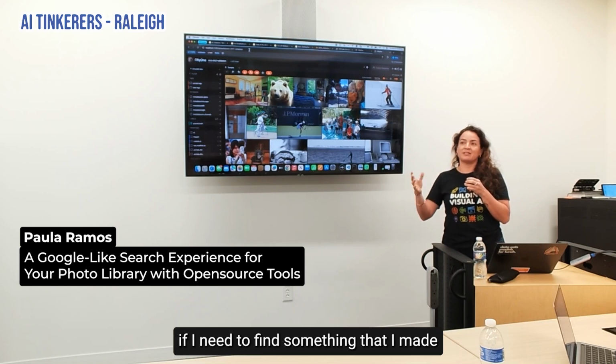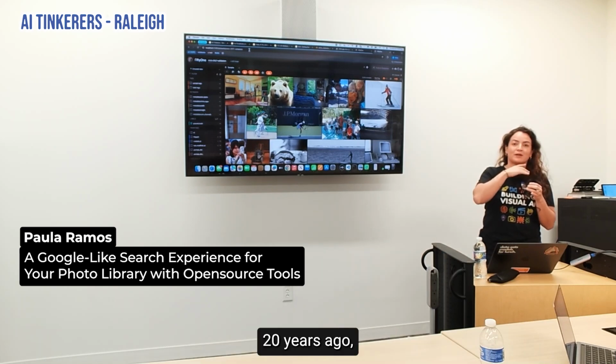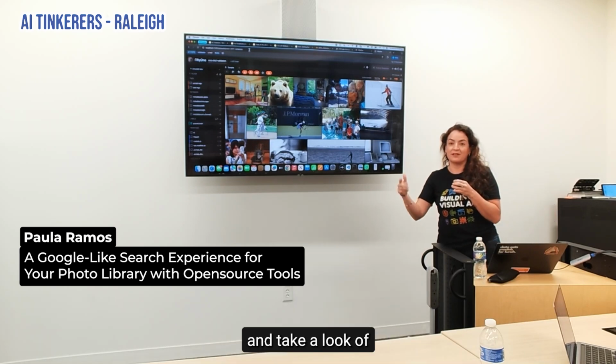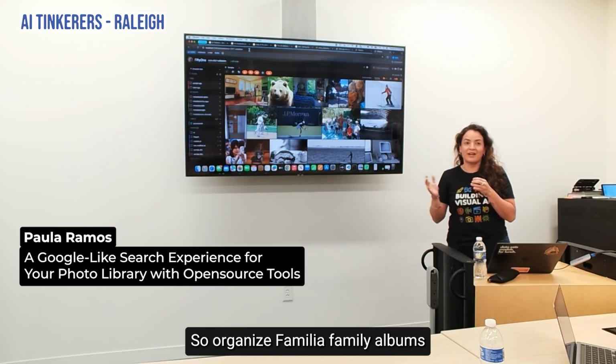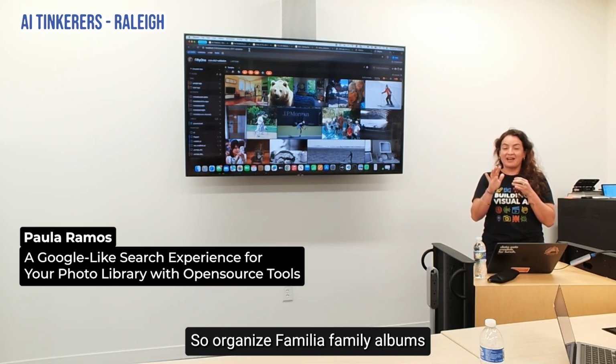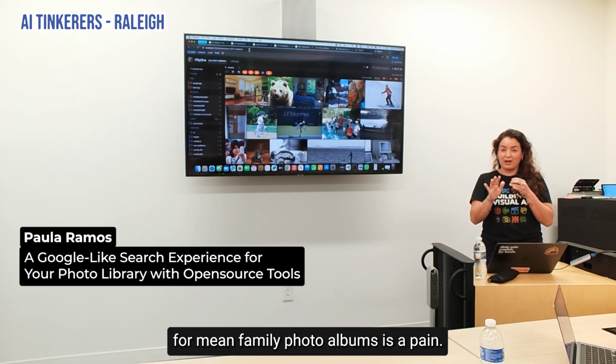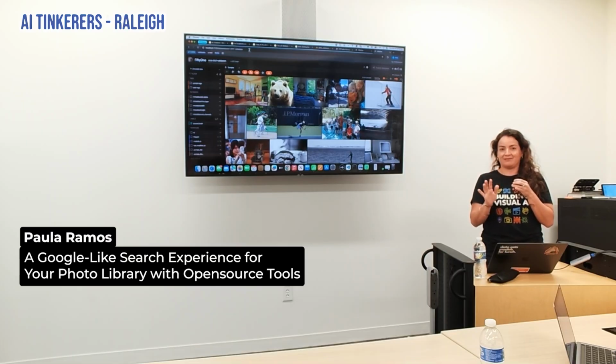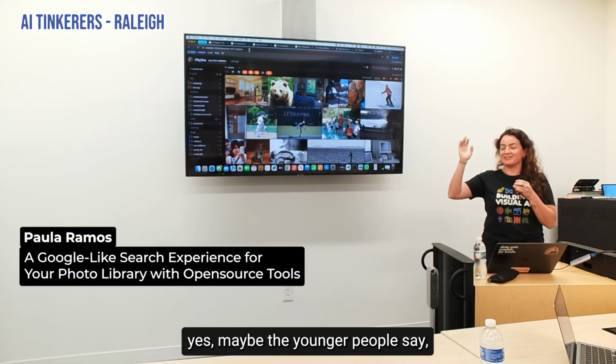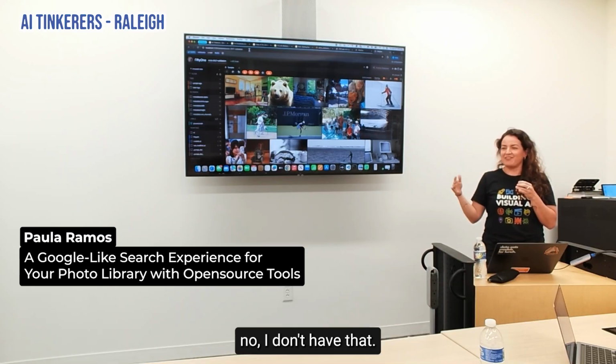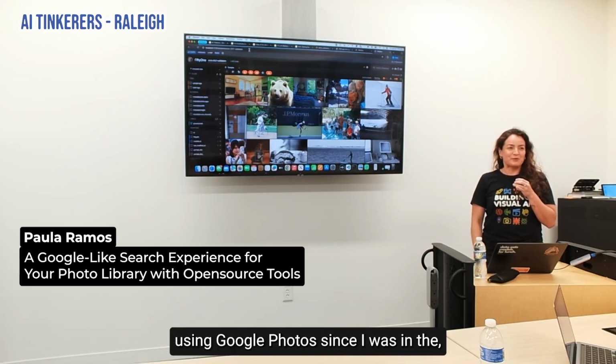If I need to find something that I made 20 years ago, I need to revisit those and take a look at what is going on there. So organizing family photo albums is a pain. Who has been suffering that? Okay, yes. Maybe the younger people say, no, I don't have that. I have been using Google Photos since I was in the